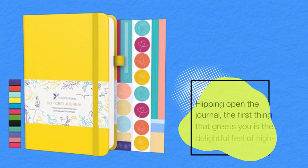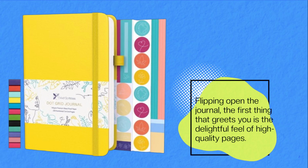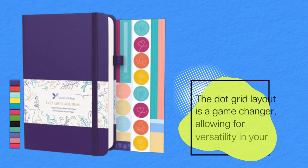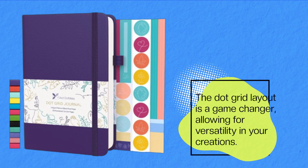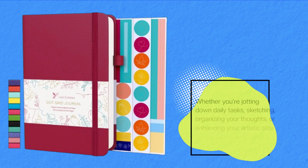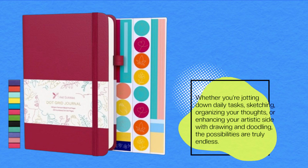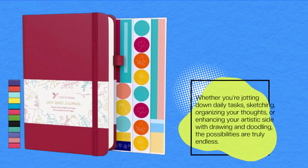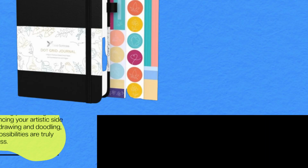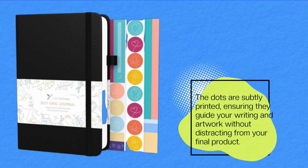Flipping open the journal, the first thing that greets you is the delightful feel of high-quality pages. The dot grid layout is a game-changer, allowing for versatility in your creations. Whether you're jotting down daily tasks, sketching, organizing your thoughts, or enhancing your artistic side with drawing and doodling, the possibilities are truly endless. The dots are subtly printed, ensuring they guide your writing and artwork without distracting from your